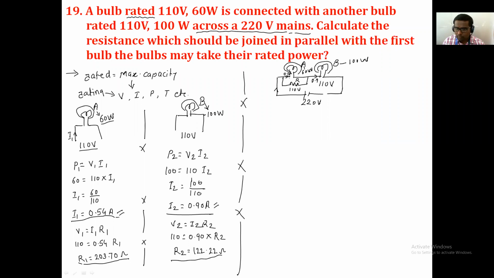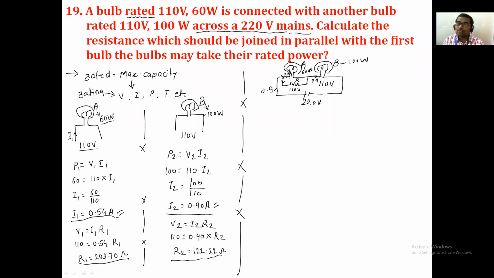ए लॅम्पनं 60 वॅट पॉवर कंझ्युम करण्यासाठी त्या लॅम्पमधून किती करंट फ्लो झाला पाहिजे? 0.54 ampere. मग किती करंट आपण अज्युम करू शकतो किंवा किती करंट हा टोटल सर्किट करंट फ्लो झाला पाहिजे? एकच करंट फ्लो होणार आहे टोटल सर्किट करंटमधून. आपल्याला बी लॅम्पमधून 0.9 एवढाच करंट गेला पाहिजे, त्यामुळे टोटल सर्किट करंट हा 0.9च राहिला पाहिजे. मग ज्यावेळेस हा 0.9 एम्पियर करंट या पॅरलल सर्किटच्या कॉमन पॉइंटला येईल, त्यावेळेस 0.54 हा लॅम्प ए ला गेला पाहिजे आणि त्याचा जो काही डिफरन्स असेल तो डिफरन्स या अननोन व्हॅल्यू ऑफ आर मधून फ्लो झाला पाहिजे.